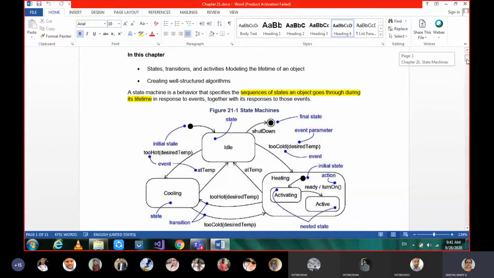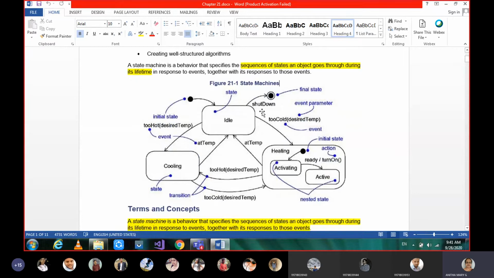Let's see an example of a state chart diagram, and how we give the graphical representation in UML. If you remember, a state is a rounded rectangle. Here, how many different states can we see? There are three different states: idle state, cooling state, and heating state. The first two, idle and cooling, are simple states. You can just see them, they are named. Whereas the heating state has a few more states within it.